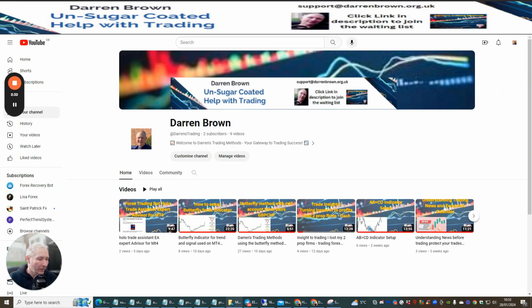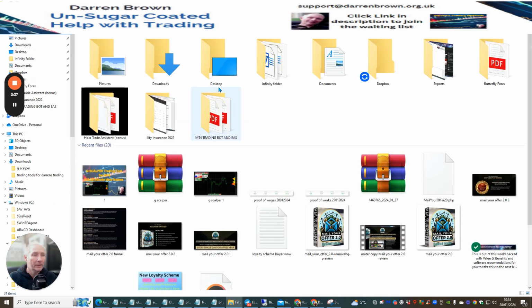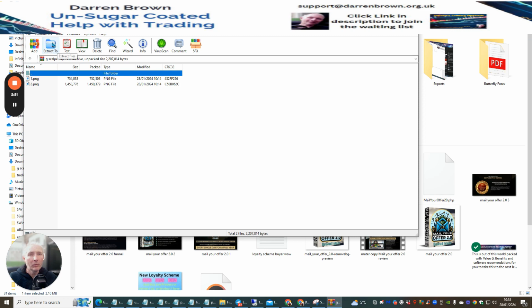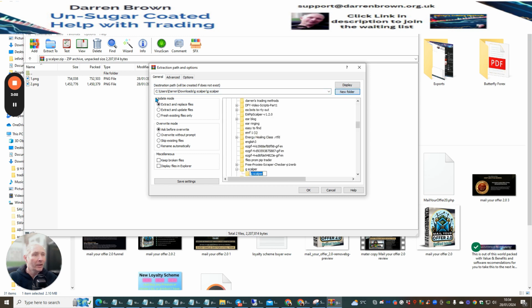So if we go here, let's just come out here a minute. We go into here and we look for a zipped folder. This one here is G Scalper. If we double click on this, it's going to open up, and then basically what you want to do is you want to extract it. It depends on whereabouts you want to extract this. If you click extract now, you want to put it somewhere where you're going to know where it is. You could use, for instance, C Windows. So if we just put G Scalper,